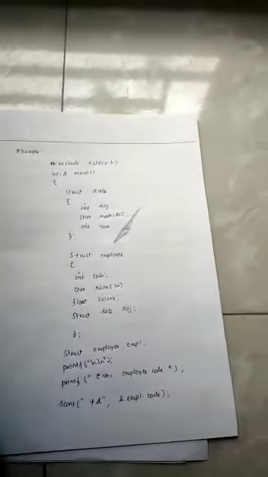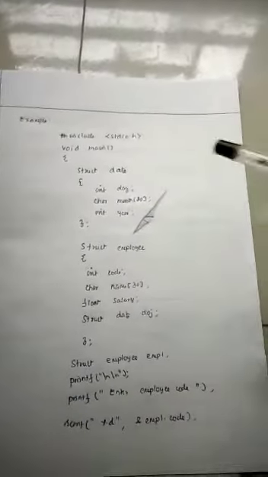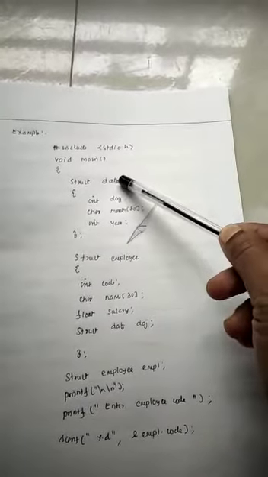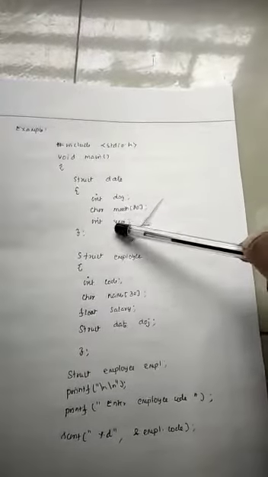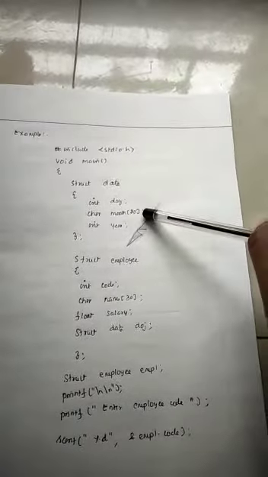The syntax to access a nested structure is outer structure variable dot inner structure variable dot inner structure member. This is the syntax used for nested structures. A structure can be used as a member in another structure. Look at this example, you can understand how the nested structures are implemented. Struct date is a date structure created with the members day, month of 20 and year. Int 2 plus 2 is 4 bytes plus 20, 24 bytes will get allocated for this one.